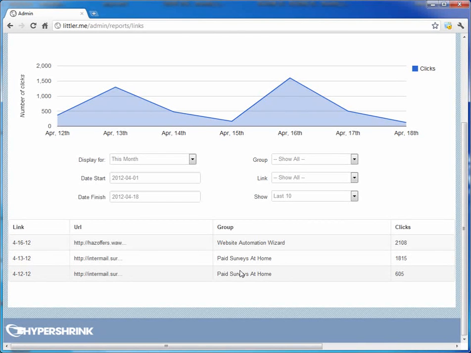And you can see that for this link, Website Automation Wizard, you had 2,108 clicks, and that there was only 1 link there. However, Paid Surveys at Home actually has 2 links. It has this link and this link. And when you mouse over